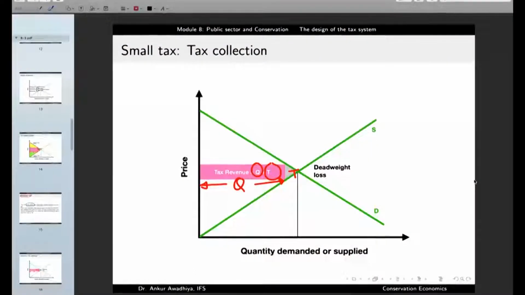Now, when we have a very small size of the tax, that is T is very small, in that case Q is large. But then because T is very small, Q into T in total is small. So what that means is that when T is small, then the total tax revenue, which is given by this pink colored rectangle, is small. Now, a situation of a very small T is not good for the government, because in this case the government will not get a sufficient amount of money in the form of taxes. So most of the countries don't have a very small value of T.